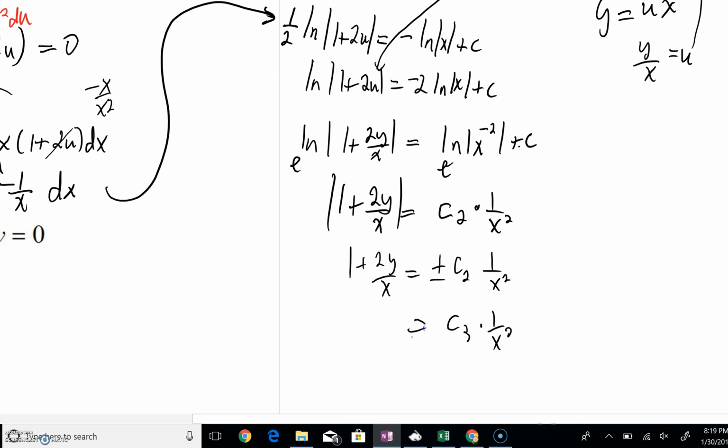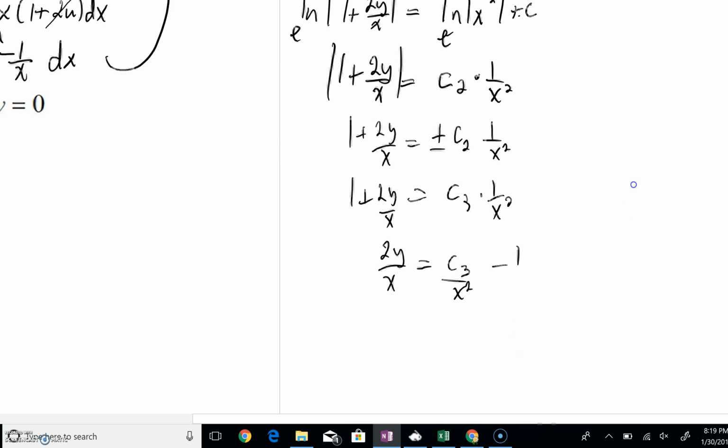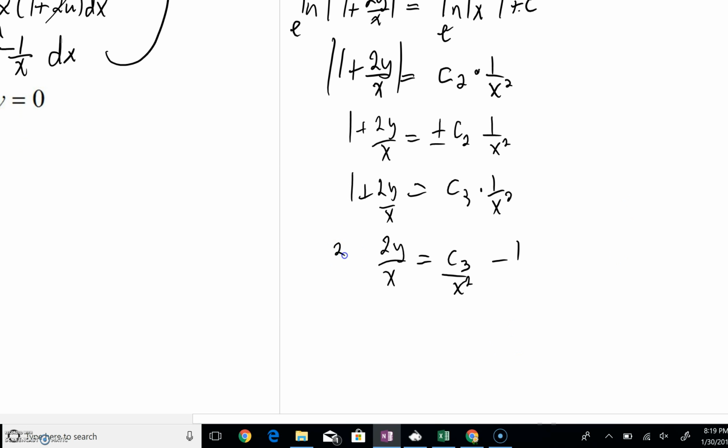And at this point, tell you what, we can subtract a 1. And you can even bring that x squared down over here. Then what? Tell you what, let's multiply by the reciprocal real quickly, multiply by an x all over 2 here, multiply by an x over 2 over here. What are you left